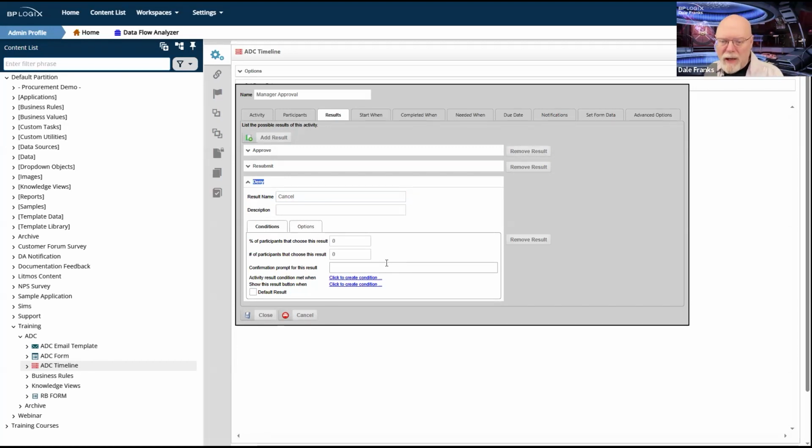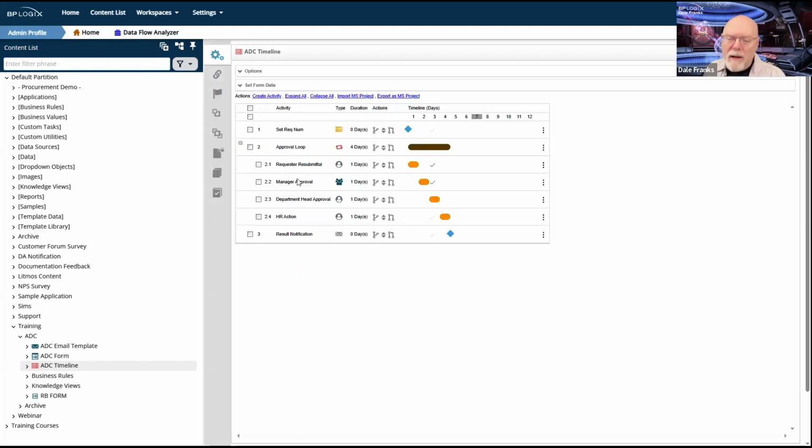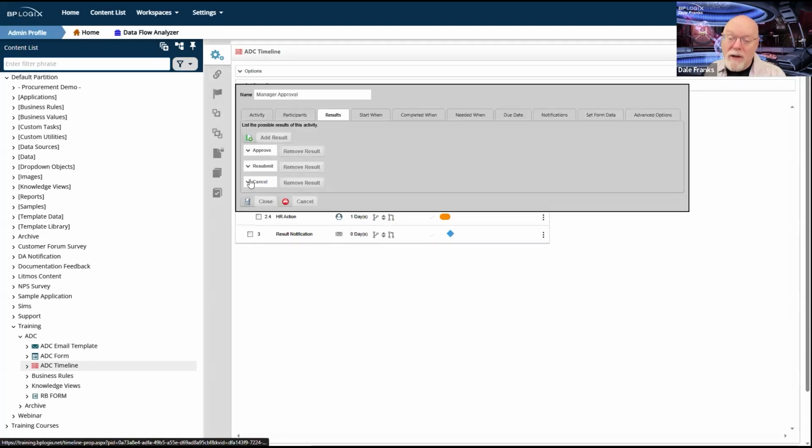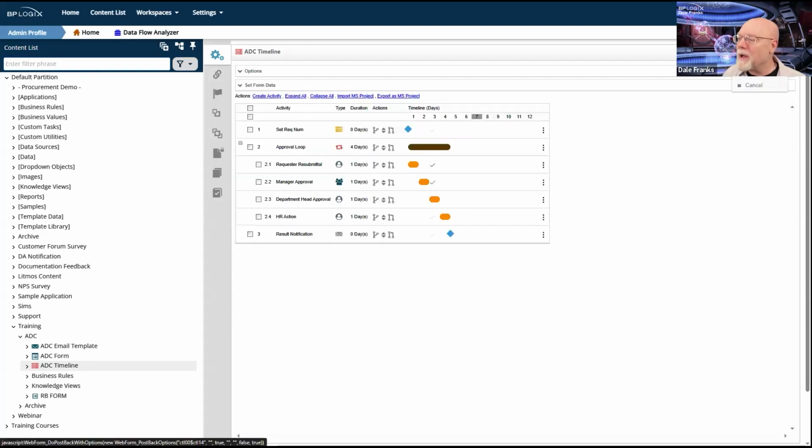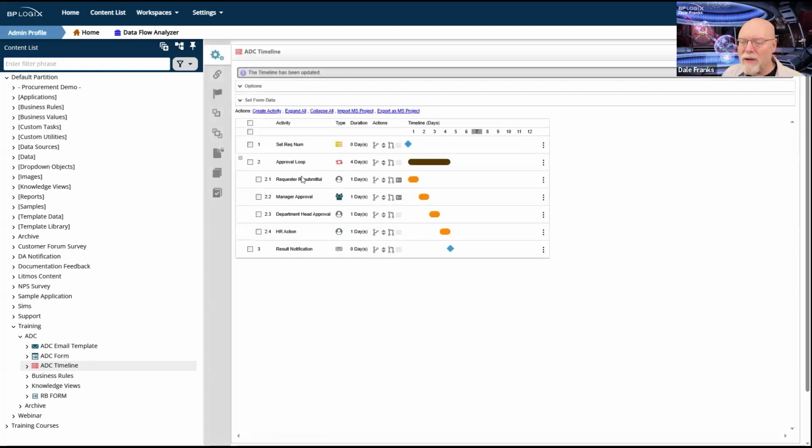And when I update my timeline, it will go ahead and change that text there from deny to cancel, but it doesn't happen immediately. Even if I close it and reopen it, I don't think it makes that change. Oh, it does make that change when I close and reopen it. So when it refreshes it, it updates my cancel. However, I want to be sure, so I'm going to go ahead and update real quick just to update that change.